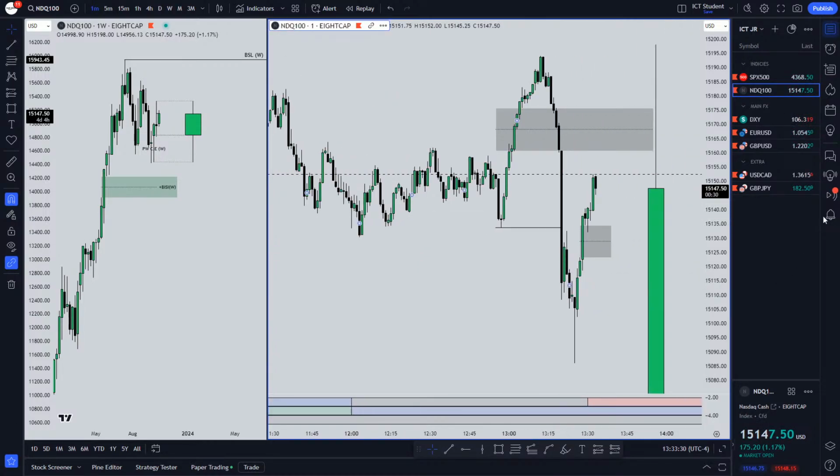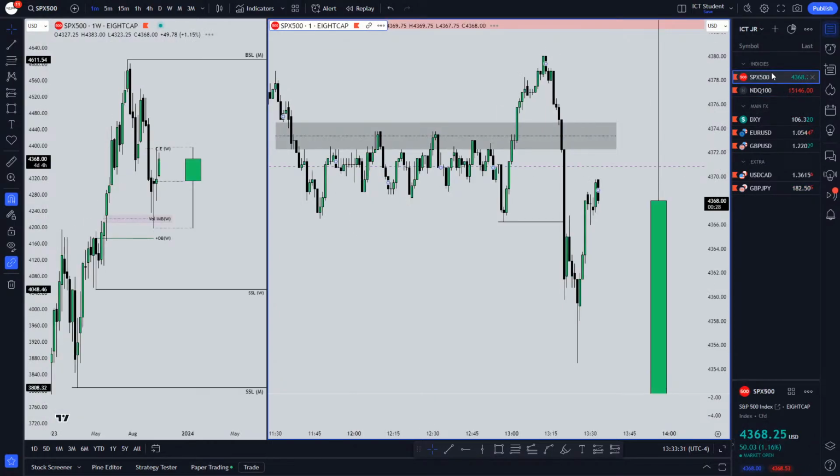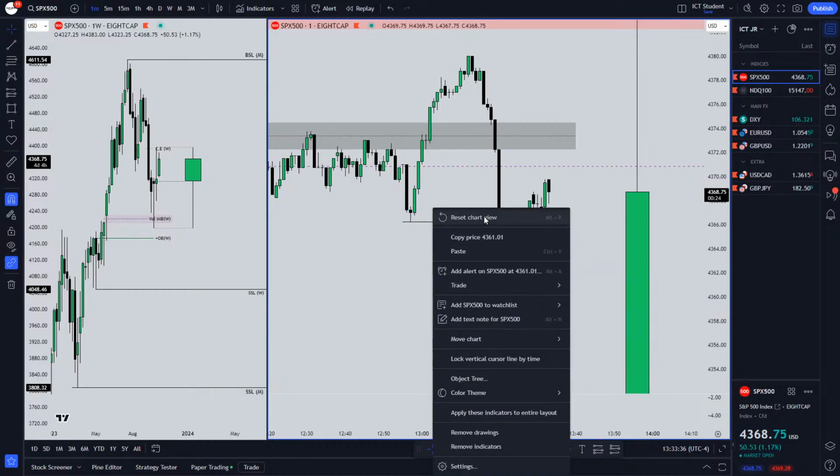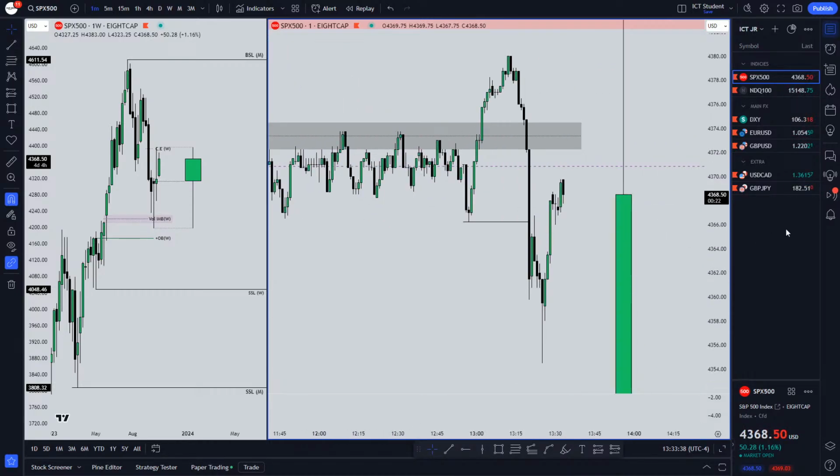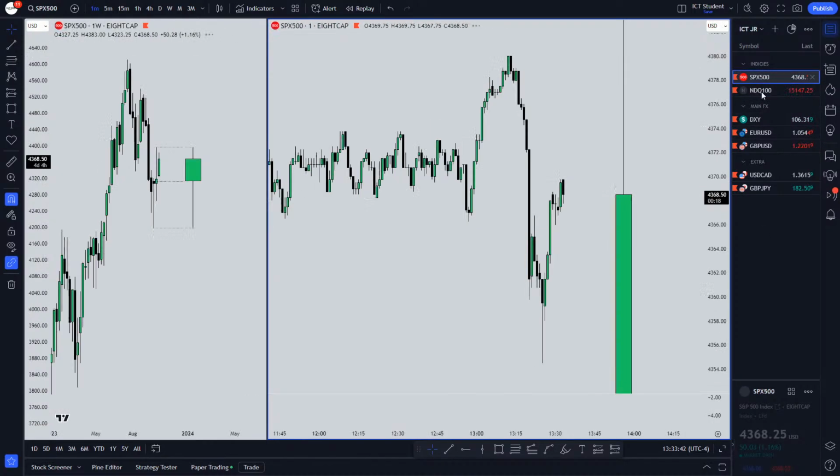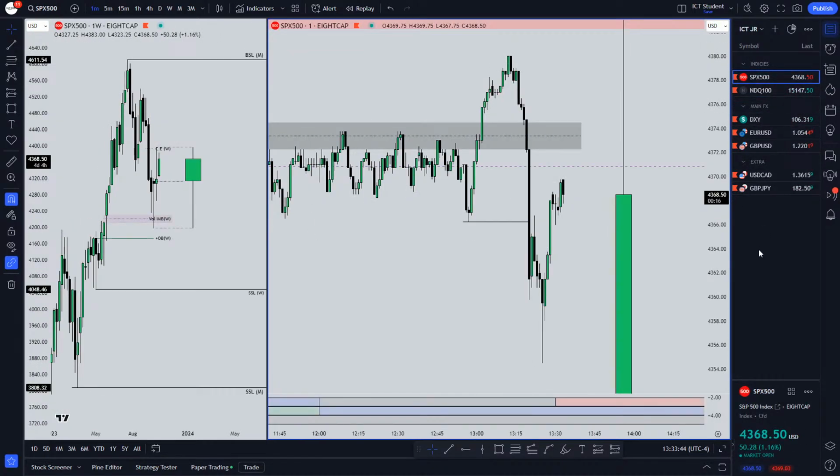Find a turtle soup. You have to find 2 correlated markets, ES and SPX. Use higher time frame SMT. And just wait for one of the highs or lows that you ran through on one of them. See which one, the weaker or the stronger one, and then take the trade.